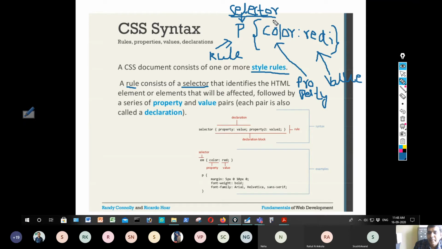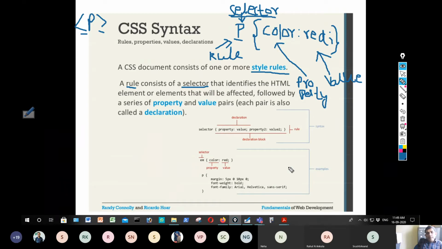It selects the element. A paragraph tag is there, and now I remove the opening and closing tags and just give P. That says this style, color red, is applied to which element? All the paragraph elements in a document. Wherever a paragraph occurs, the color is red.